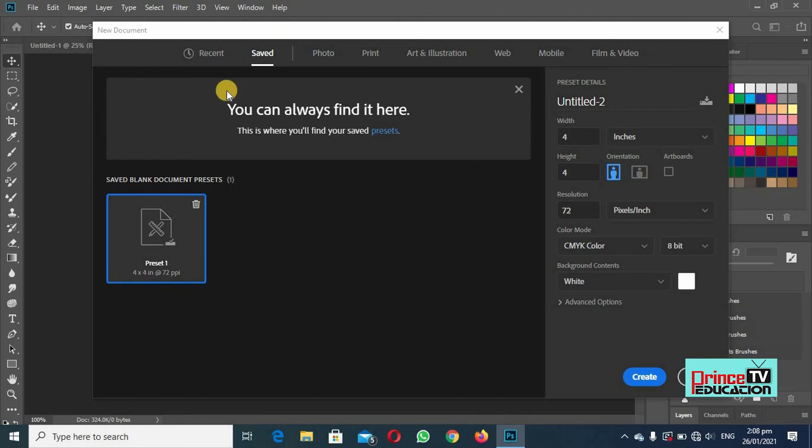So this is saved, and you can see we have made Preset 1 in this area. If you are working more on a certain type of design, you can make your own dimensions, or you can make your own document and edit it anytime, and it saves a lot of your time instead of searching for these things.